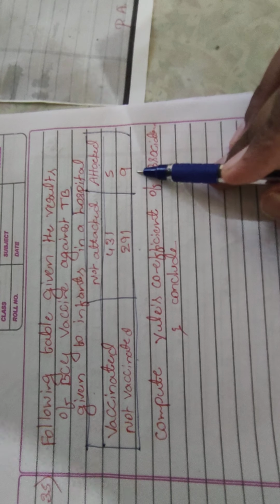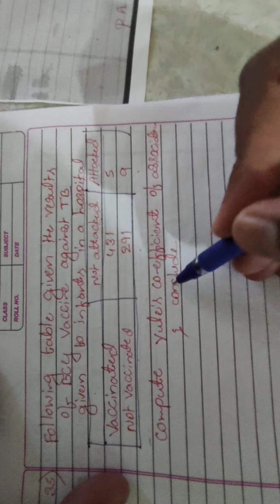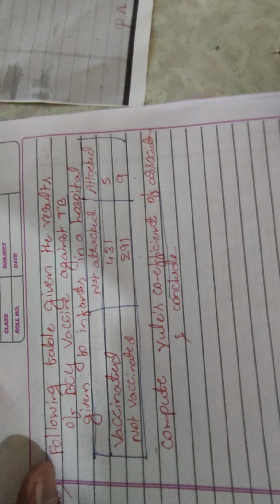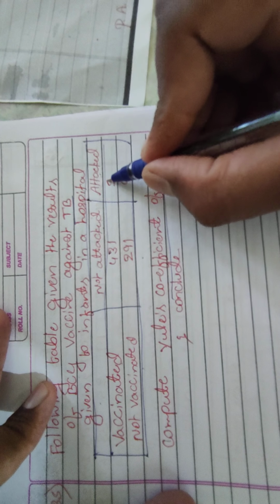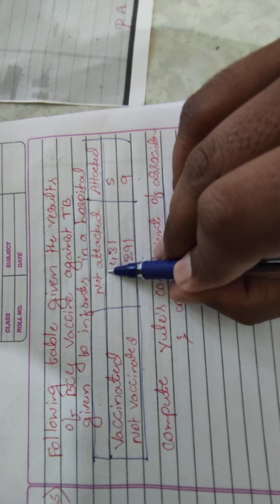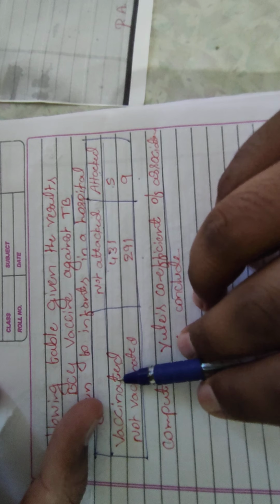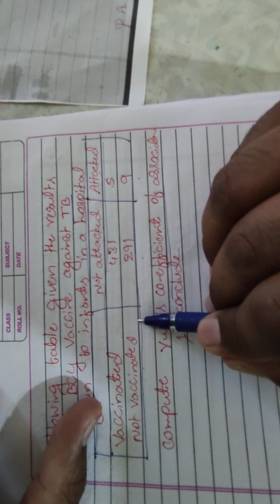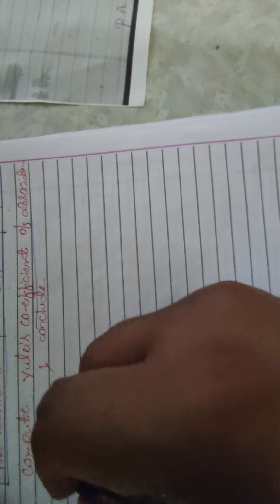Next we have to apply Yule's coefficient of association. Okay, dear students. So there is a first variable and a second variable. The first variable we can denote as capital letter A. The second variable we can denote as alpha. Here there are two variables. First one we can denote as capital letter B. Second we can denote as beta. So this is the way of tabulation. First we have to tabulate. Next we have to simplify the data.